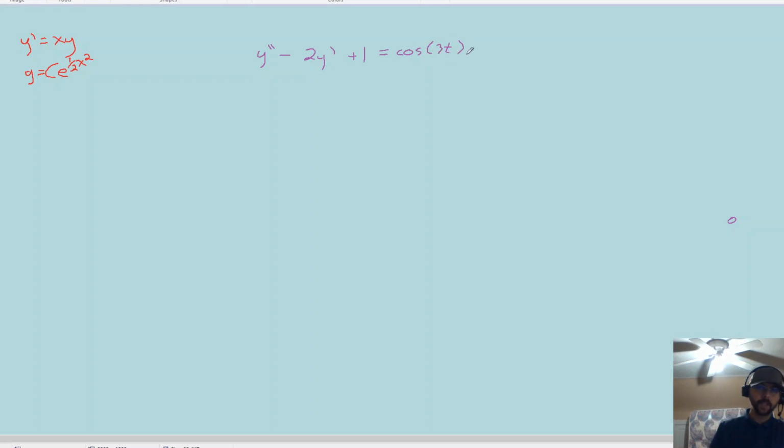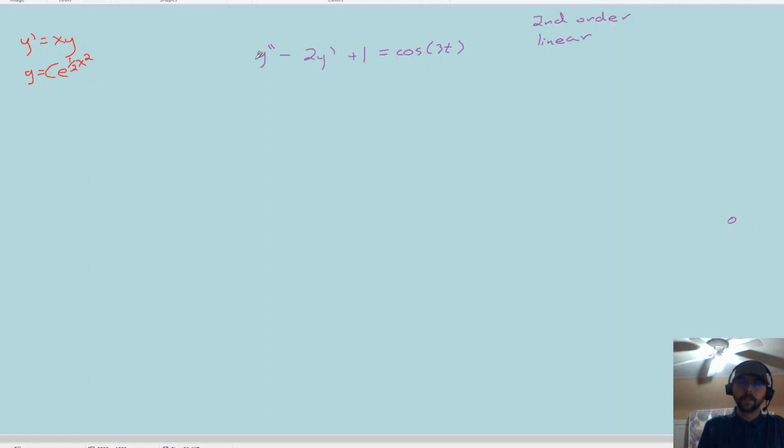Now, a couple things going back to those labels. I probably should have just written those labels over here. I thought I was going to come back to this, but I haven't yet, so I probably won't. As far as what type of equation this is, it is second order, and that's true because of this second derivative. The highest derivative we have is a second derivative. It is linear as opposed to nonlinear, and you can see that because I have it written in standard form,